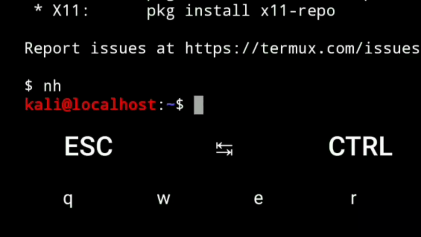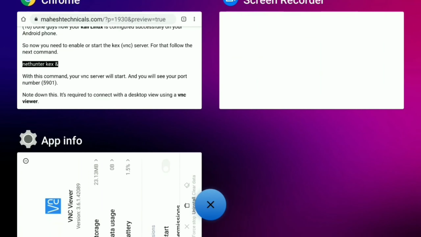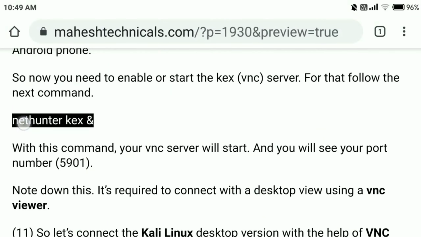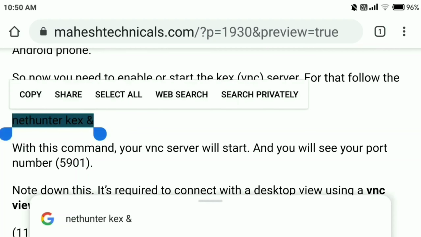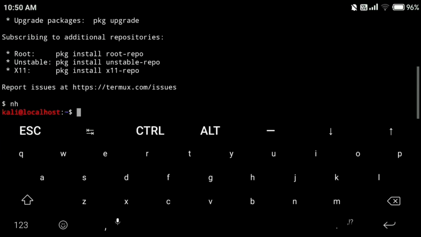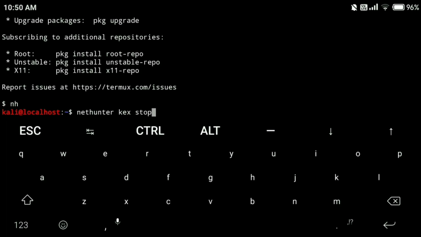because you need to log in to localhost. You can see now you are on localhost. Now when you are trying to log in on VNC viewer, first you need to stop the VNC viewer, because we directly exited that part. So copy that command and paste it here, remove the and sign here and type stop. To reconnect VNC viewer you need to stop first. Okay, enter.